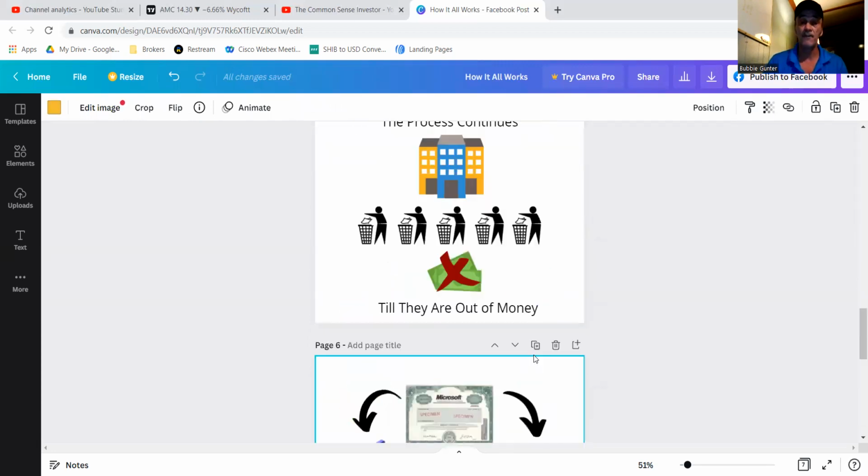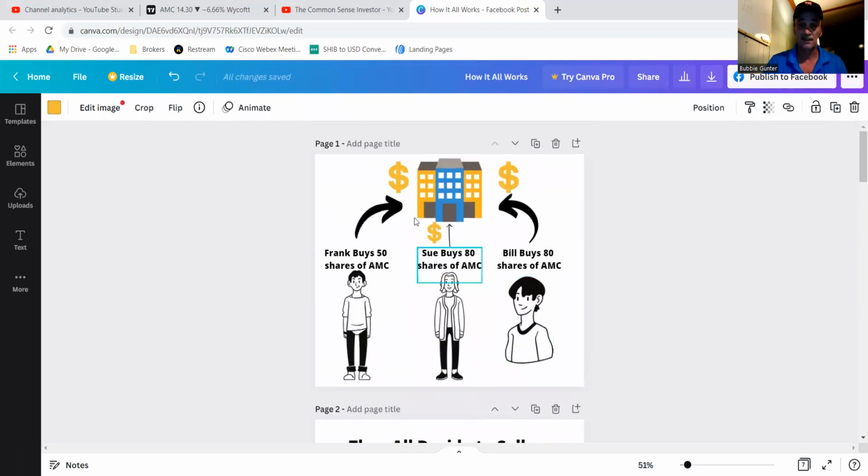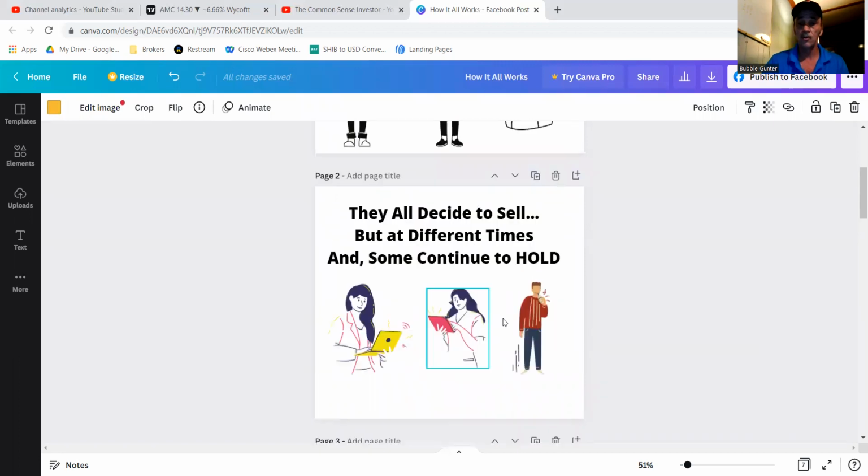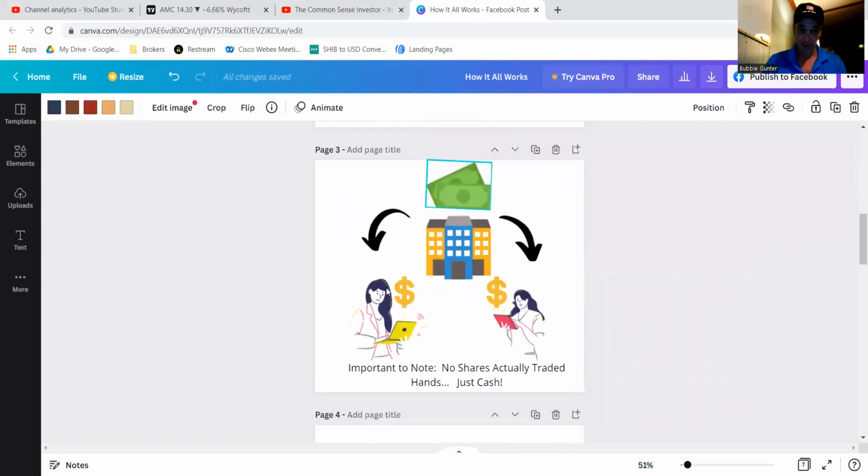Because why? You gave them real money in the beginning of the process. You received your digital share. Some have sold. Frank continues to hold. Money goes into your account when you push the sell button. Until the sell button is pushed, people, nothing matters. Nothing matters to you. The only thing that matters to you is that the stock keeps continuing to climb